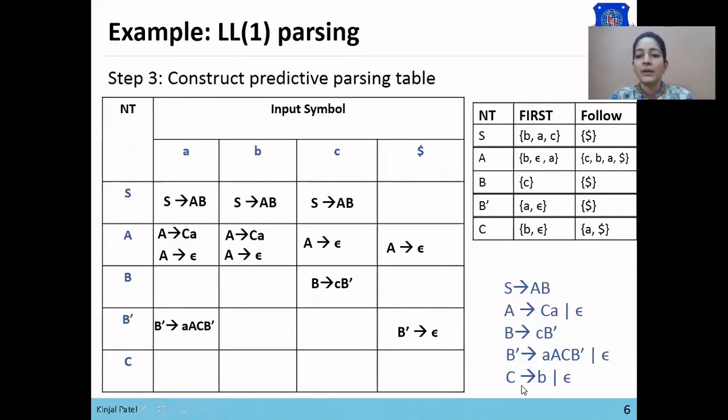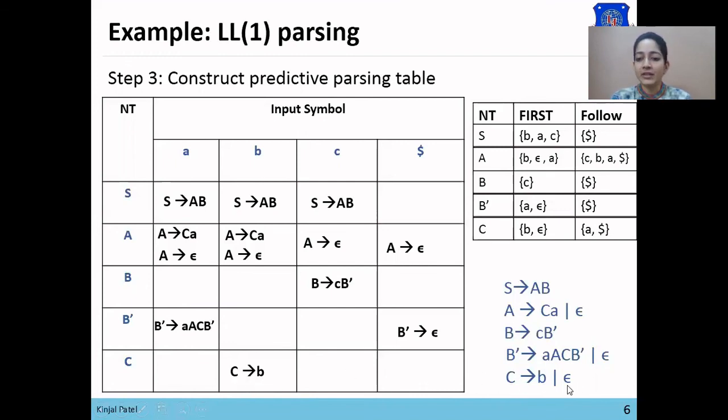Now we want to place the last statement in the parsing table, C derives B and C derives null. There are two alternatives in the last statement. We'll make the entry of C derives B in the first of B, and we'll make the entry of C derives null in the follow of C. So C derives B. First of B is B. So C derives B will be added in the input symbol B. From C to B, C derives B will be added.